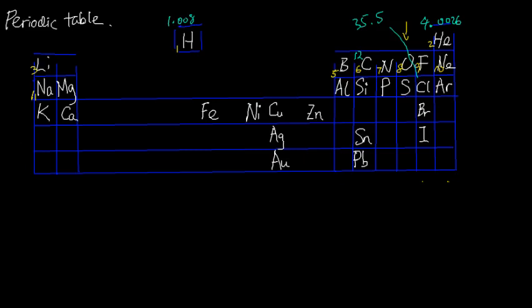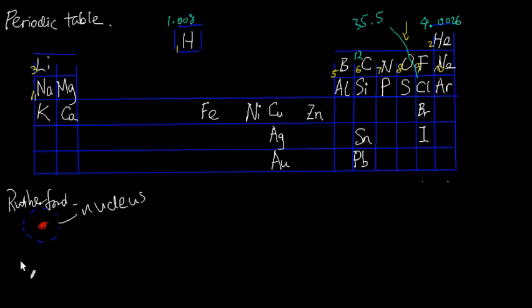And not long after that, Rutherford discovered that an atom has a nucleus where most of the mass is concentrated and the electrons go round and round. Okay, and from Rutherford's discovery of the nucleus of the atom,